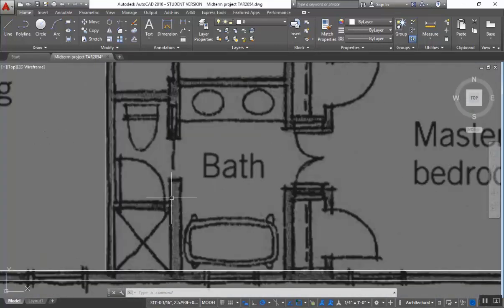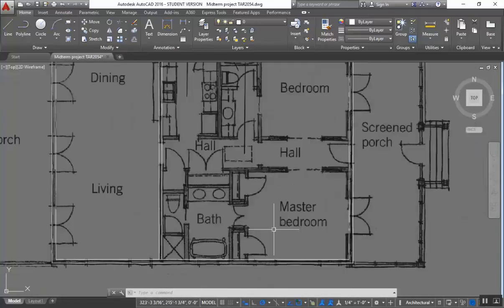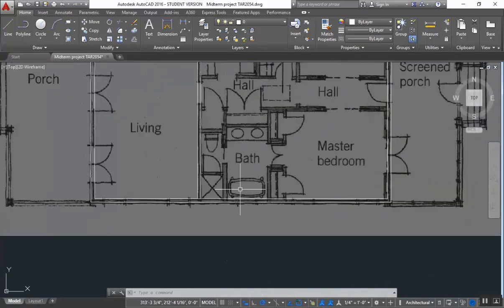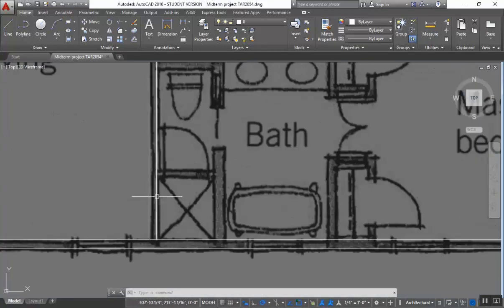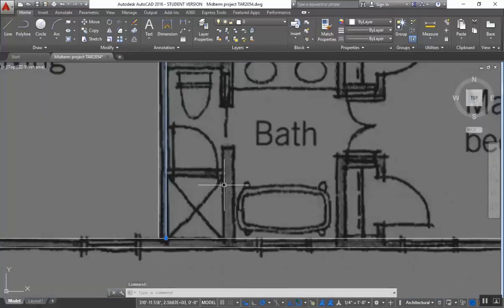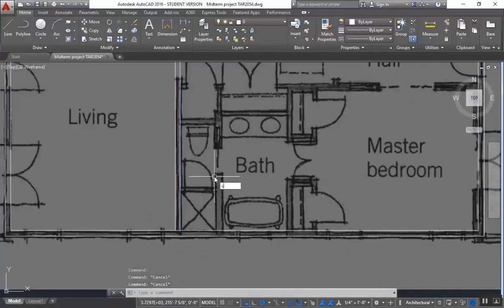Now this is a wet wall, or a pocket wall, because it's got a pocket door right here, and so it's thicker than the normal walls. It's thicker than even the exterior walls. Pocket walls over here are said to be 8 inches. Pocket wall and wet wall, 8 inches. So I'm going to take this wall line, this line right here, and copy it and start going this way till it lines up with this. So copy,